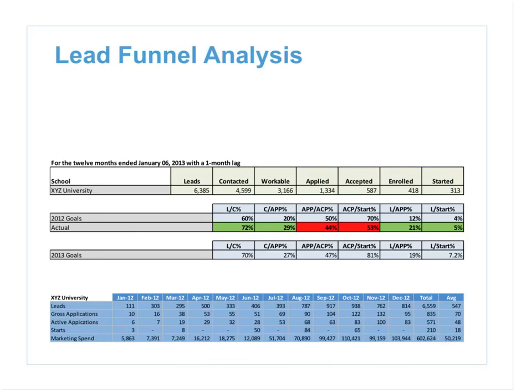Okay, our next slide shows a summary of the lead funnel analysis, and we talked about the upside down pyramid before. A few pointers here. One, this is really a 12-month average with a 1-month lag. Leads have to age. I don't want to get too technical, but you need to be thinking about these things. Sometimes ratios can look very off, and a lot of that has to do with measuring the right data at the right time periods.